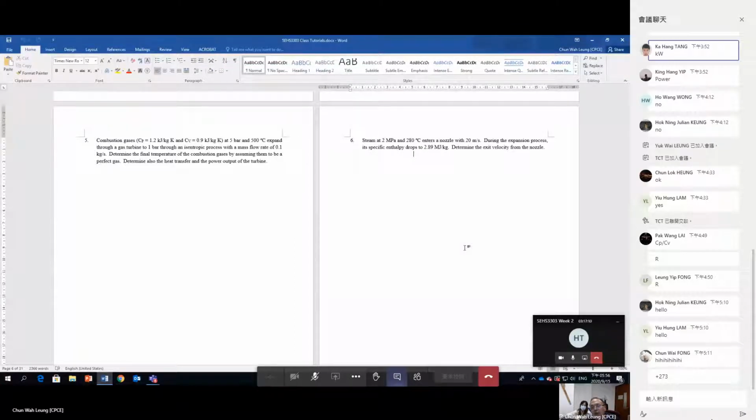The system is a flow system, because it's talking about a nozzle. Fluid is entering a nozzle and leaving a nozzle continuously. Steam. Steam pressure. We should use bar. So therefore, 2